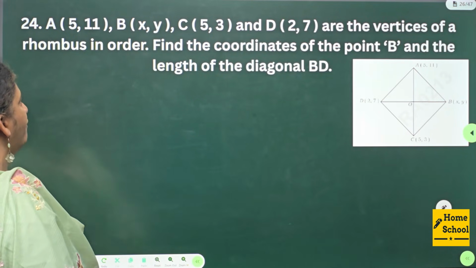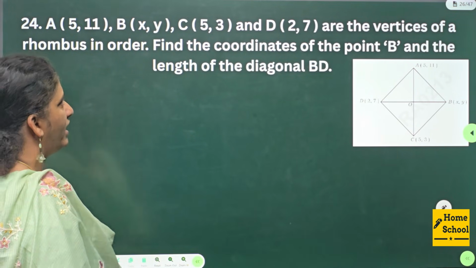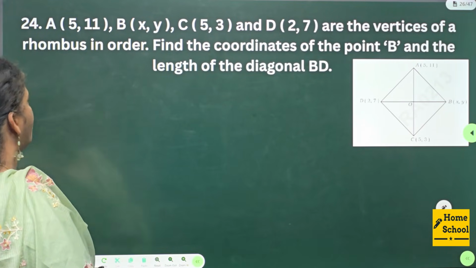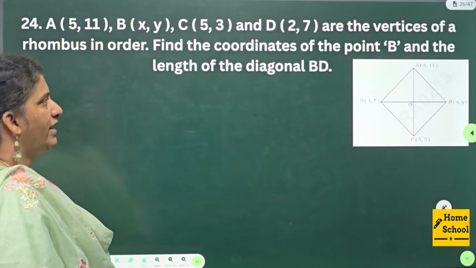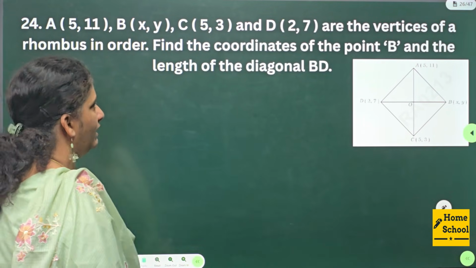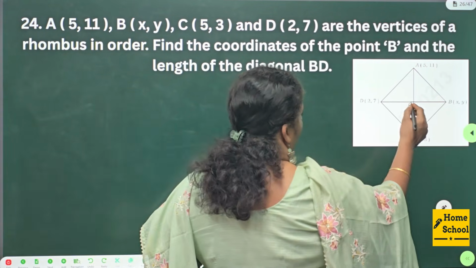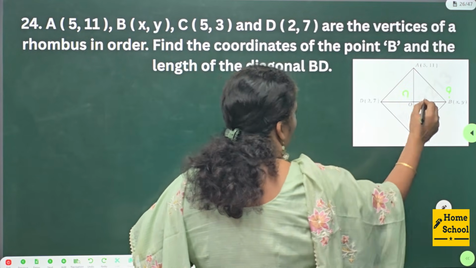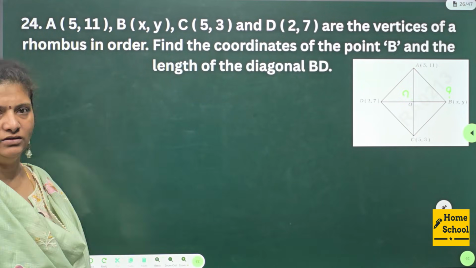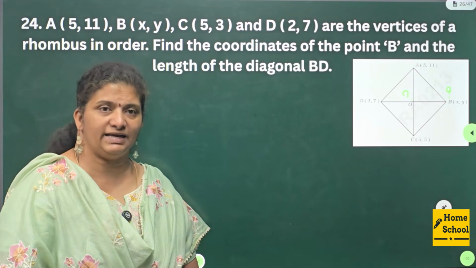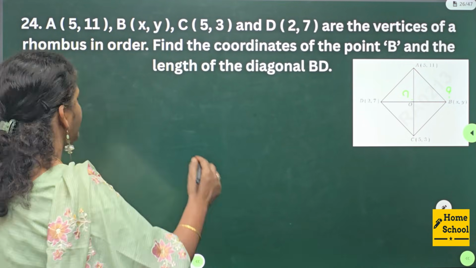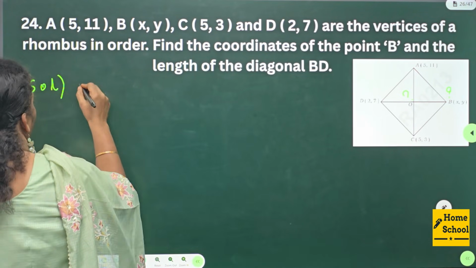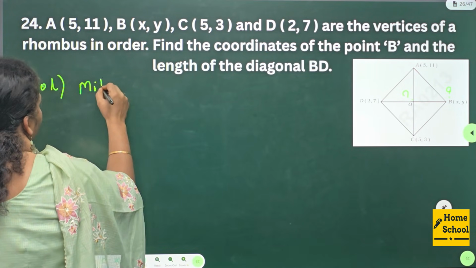A (5, 11), B (x, y), C (5, 3) and D (2, 7) are the vertices of a rhombus in order. Find the coordinates of the point B and the length of the diagonal BD. What is this B coordinate, and also the length of BD, is your question. We know in a rhombus diagonals intersect, right? First what are we going to do? We are going to find the midpoint